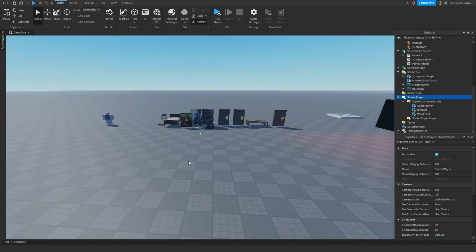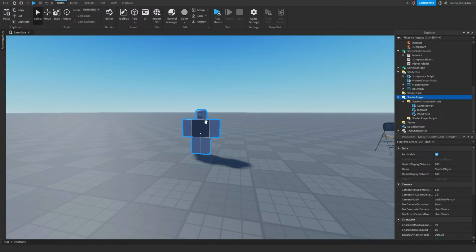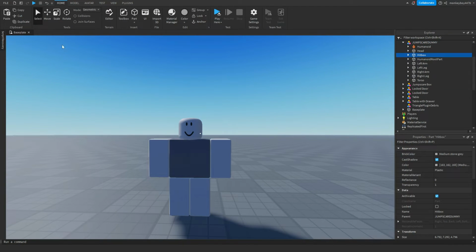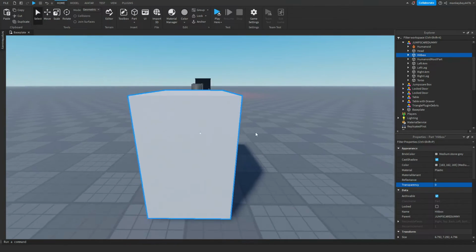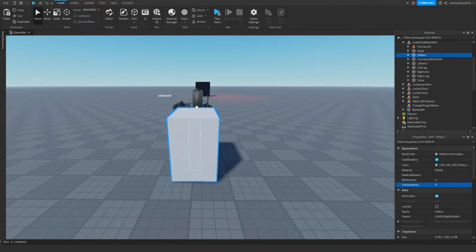Alright, so the first thing is the actual jump scare dummy itself. Inside of it, there's a hitbox. Basically, if I set this transparency to 0, you can see how big it is. You guys can change this how big or how small you want it to be. Just make sure that you weld it to the HumanoidRootPart, because this isn't anchored. In a future episode we might make this into an AI that chases you. So if that hitbox isn't welded, then it'll just fall off and there will be no way to detect if the player hit the dummy.